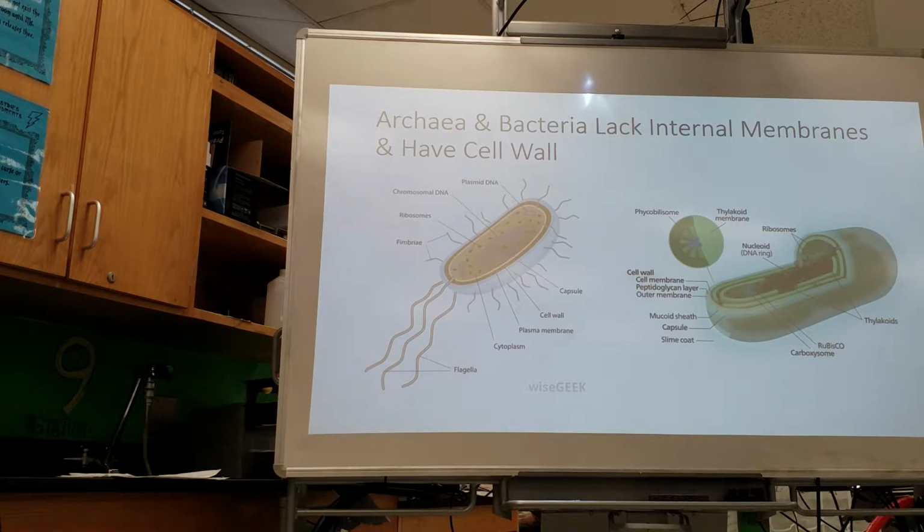So you see on the right-hand side, there is a structure that looks kind of like a chloroplast. That is a cyanobacteria. It is a bacterium that is capable of performing photosynthesis. And what you'll see is that it has not detached, membrane-made organelles, but it does have these infoldings of the plasma membrane, and that is an